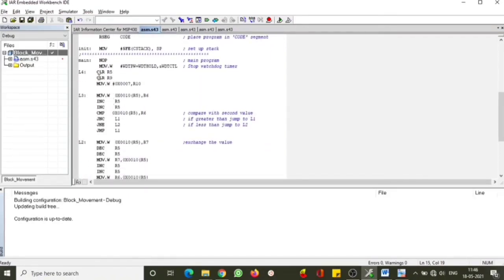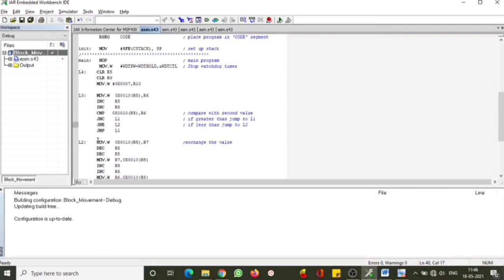We have taken 7 values, therefore we initiate the count as 7 to check all the 7 values at least once. Then the current value is moved into R6, we increment, and go for the next value. The next value is compared with R6. If R6 is greater, the comparison will trigger the flag to 1. Right now it is not greater, because R6 is the previous value, 7777, and this will be 1111 as per our data. This will not be triggered and it will not jump to loop 1; instead it goes to the next line. It is not equal, therefore it jumps to L2.